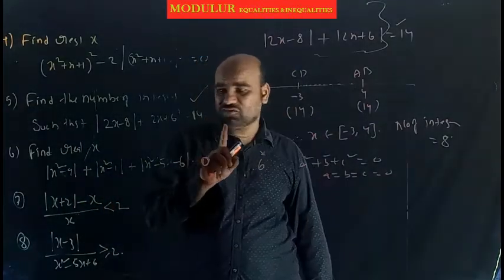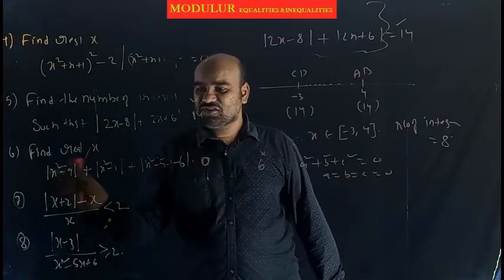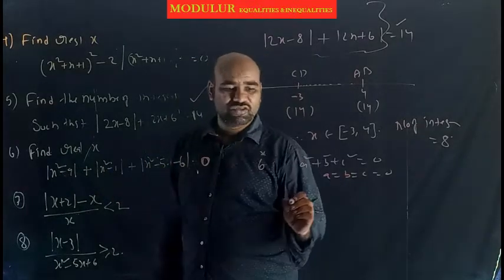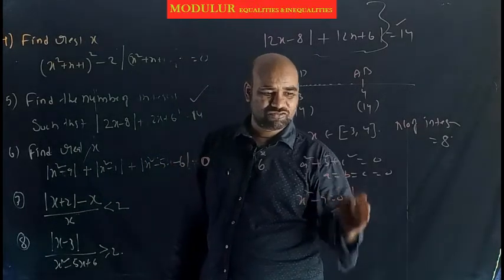Only one x you want to find, so that this bracket equal to 0, this bracket equal to 0, this bracket equal to 0. Such an x we should identify now. So x square minus 9 equal to 0.